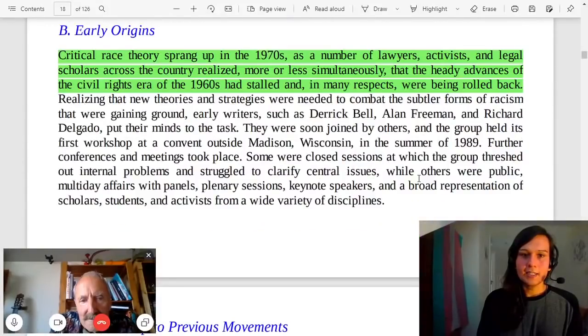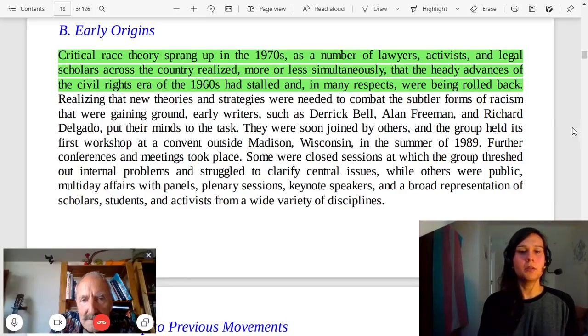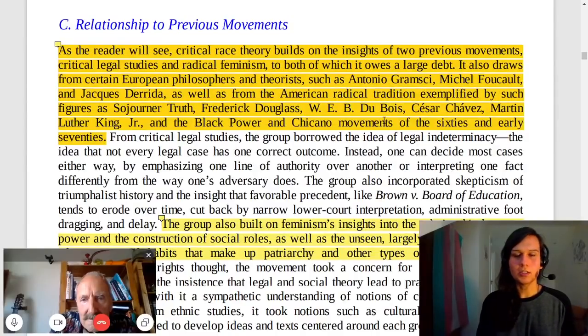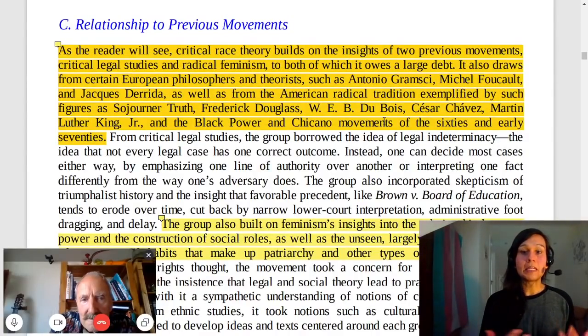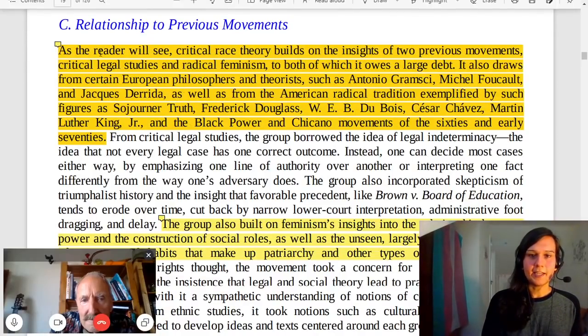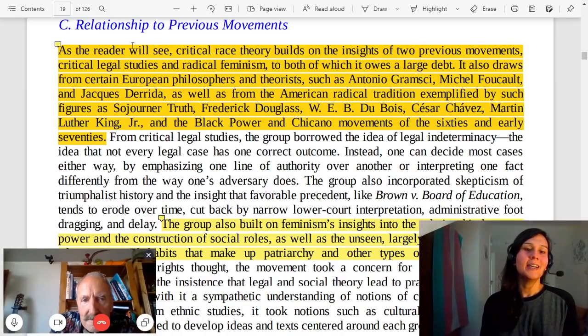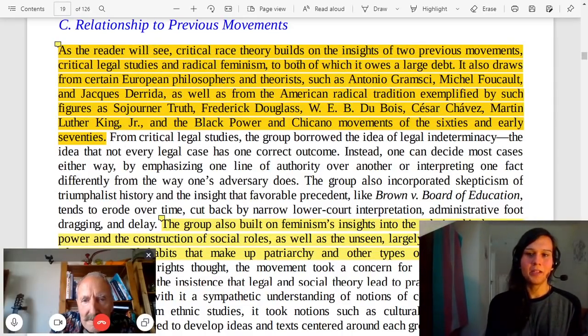So let's actually then talk, because you mentioned the matter of standpoint epistemology, which they talked about. But early origins, just a basic thing about how it sprang up: critical race theory sprang up in the 1970s among the legal profession, and then it spread out into other branches of study, and that's why I, as a medieval scholar, have done a bit of it. What I didn't like about this bit here: the critical race theory builds on the insights of two previous movements, critical legal studies and radical feminism, both of which it owes a large debt. It also draws from certain